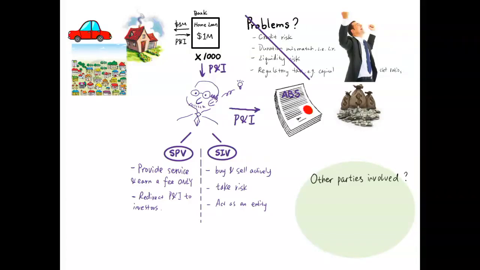Credit rating agencies. And also, we are talking about millions of dollars going through every month from this side to investors, right? And it will be passed through to the smart guy. You can't trust just any individuals to responsibly handle that money, right? So we need trustees to safeguard those cash flows and redistribute those cash flows to different investors. So these are some of the parties that could be involved in the process.